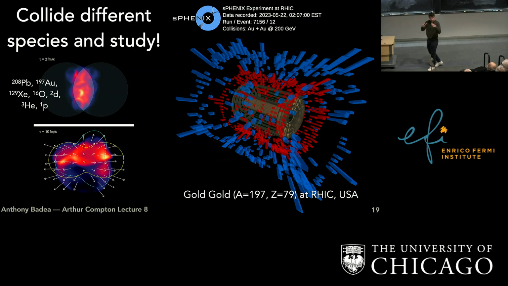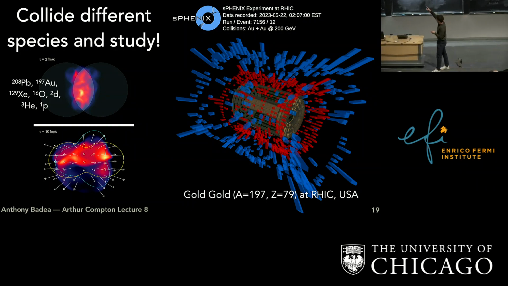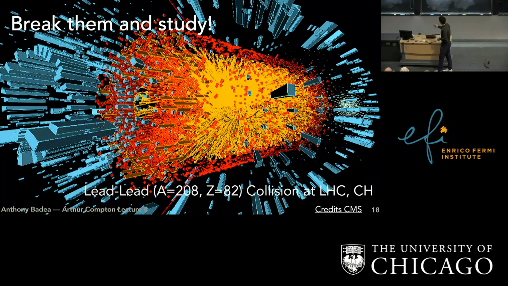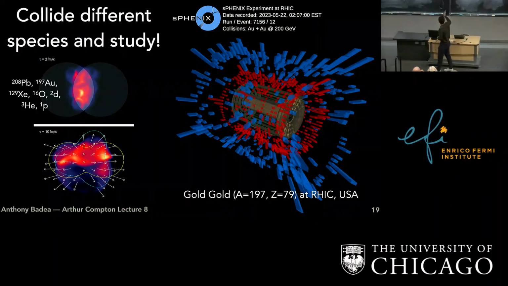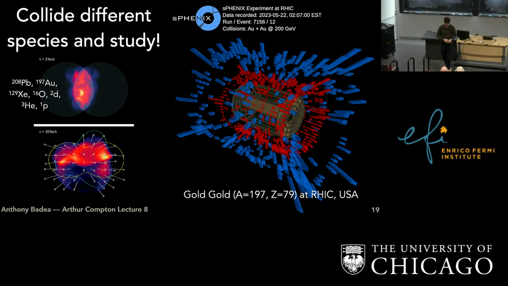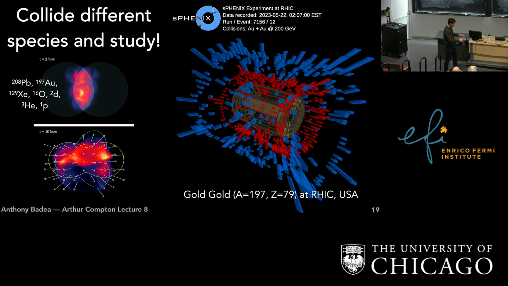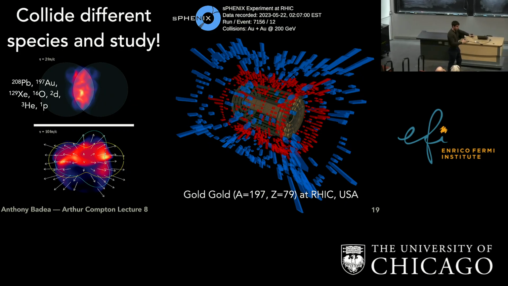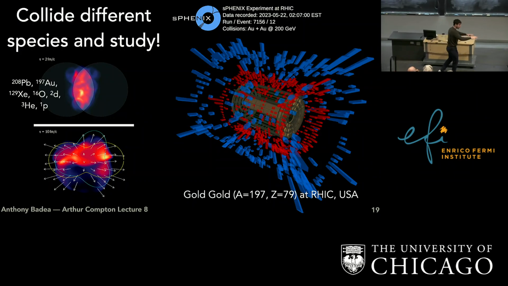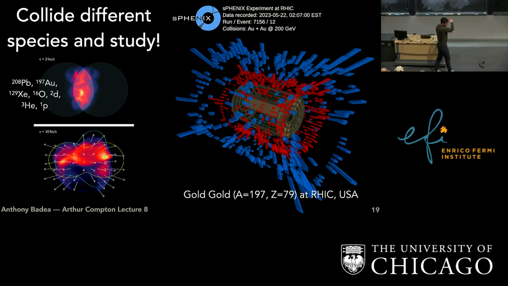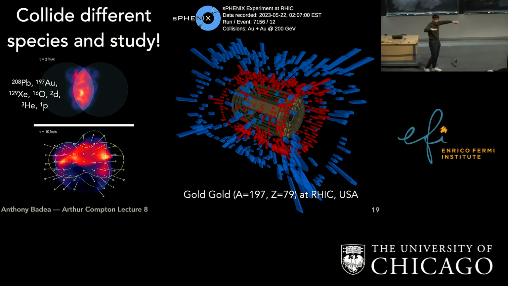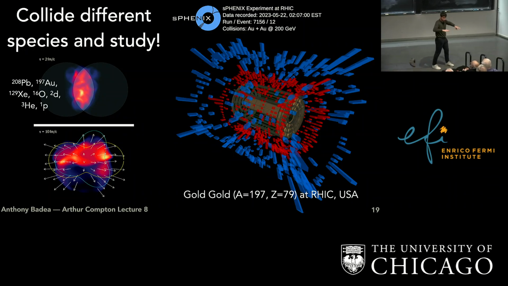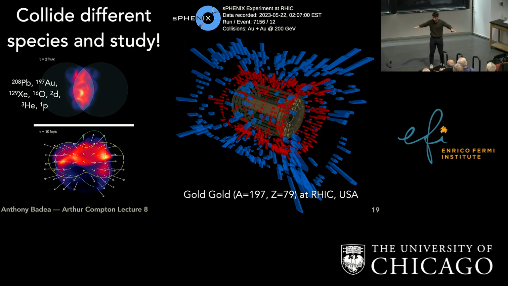So if you have a bundle that is instead of 208 protons and neutrons like you have here, instead you have around 200. And so when they meet, there'll be different configurations of forces, different ways that the protons can melt, different ways that the gluons can exist. And we're doing a systematic scan over all of those different configurations to try to map out how the quarks and gluons talk to each other and then eventually cool and produce the particles we see today.